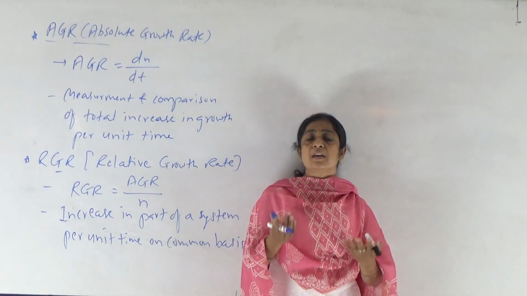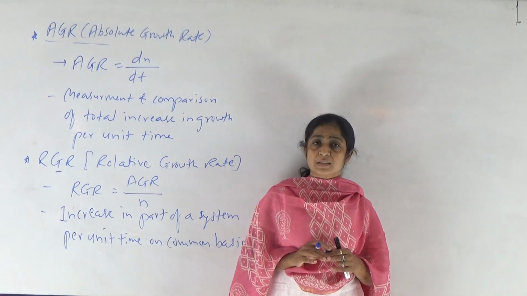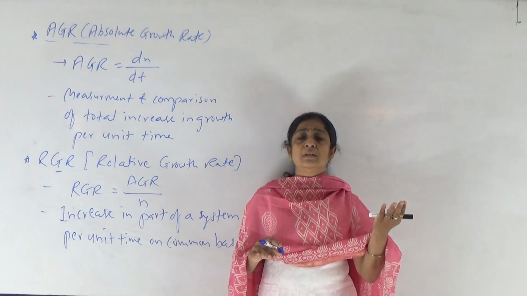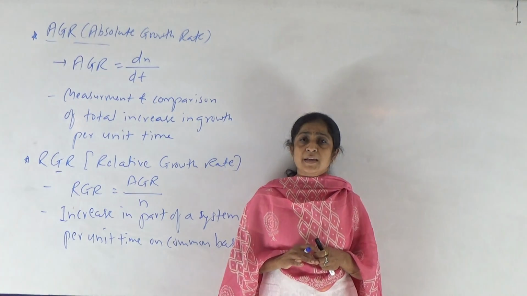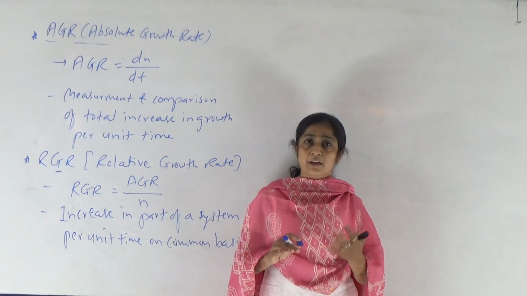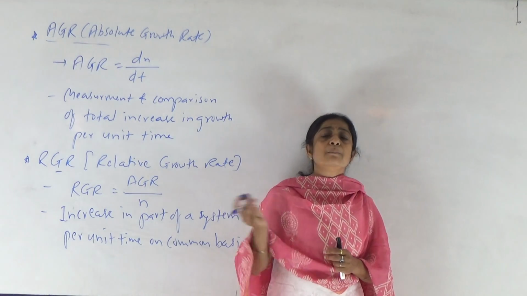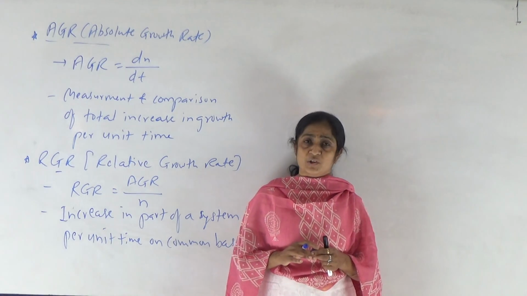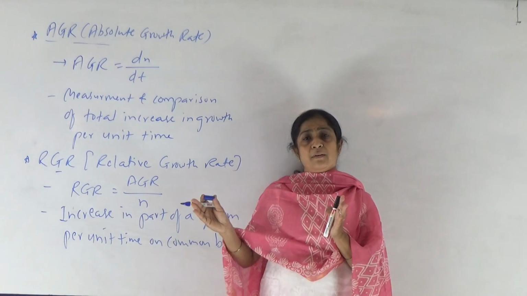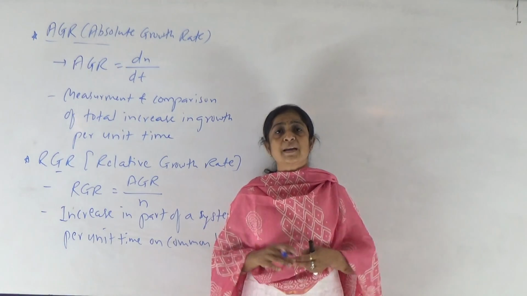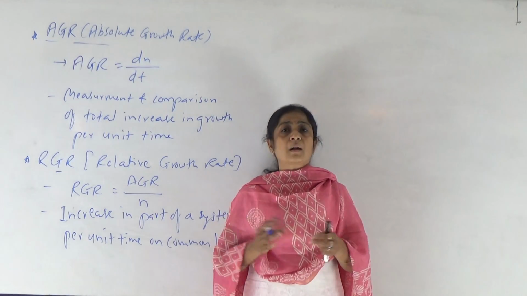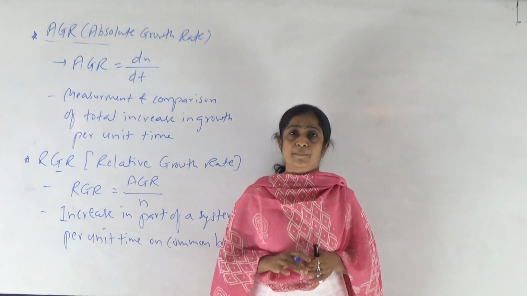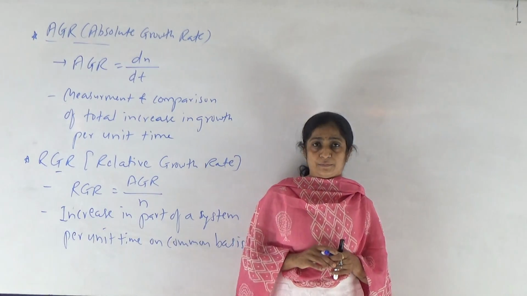After 7 days, suppose we give a 7 day time period for growth in these leaves. After 7 days when we measure the surface area once again, A leaf shows 10 cm square area, that is, it gets doubled in terms of surface area, and in B leaf we may observe the final surface area is 55 cm square. So in both A and B leaf, in 7 days, how much total growth occurs? Both the leaves increase by 5 cm square area. So this is known as absolute growth rate.